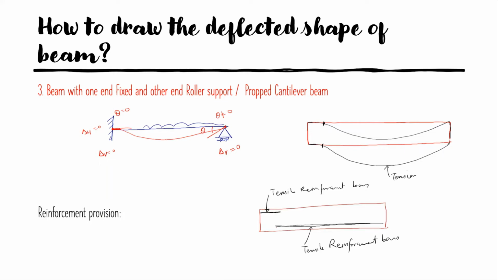So the deflected shape we have drawn, and we have seen the tension and the compression, that which part is in tension. Here it is in tension, and at this position it is in compression, but here again this portion is in tension and this becomes a compressive part. So we have just provided the steel, because we know the principle of RCC design, that in tension the concrete is weak. So therefore, to save it from getting cracked, tensile reinforcement bars must be provided, and here we have provided the tensile bars to prevent it from getting cracks.